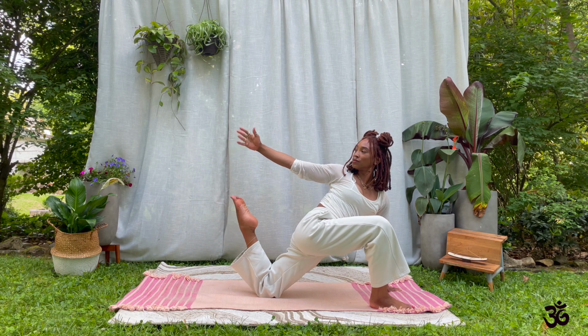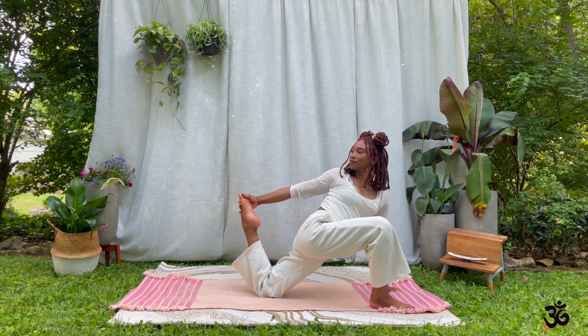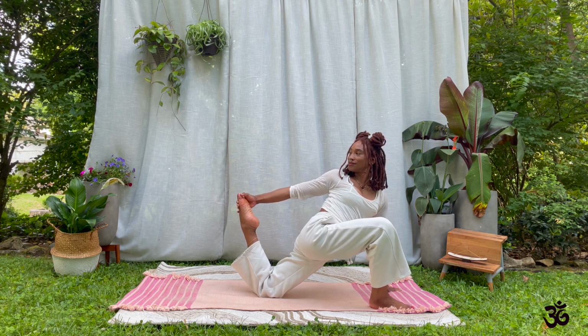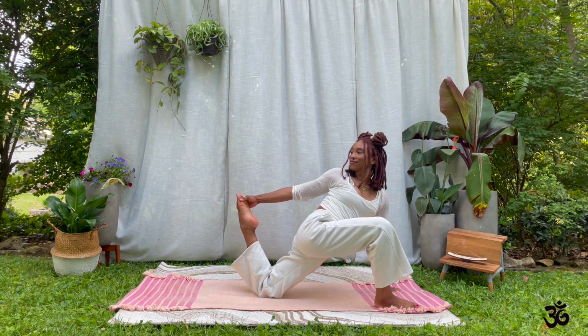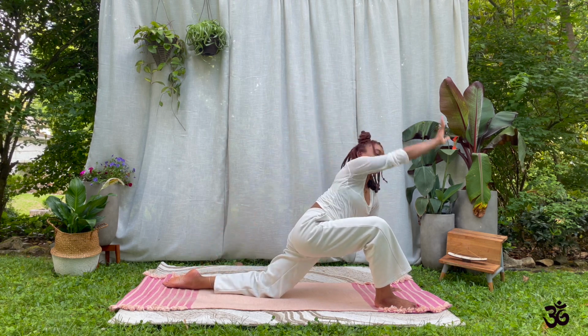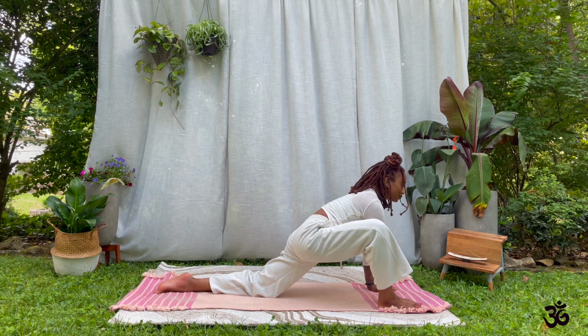Good. Now, bend into your back leg and find a little hamstring curl. If it feels good, you can squeeze your heel in, soften your hips down, and just gently release your foot. Reach up, return to your active lunge, press into the mat,